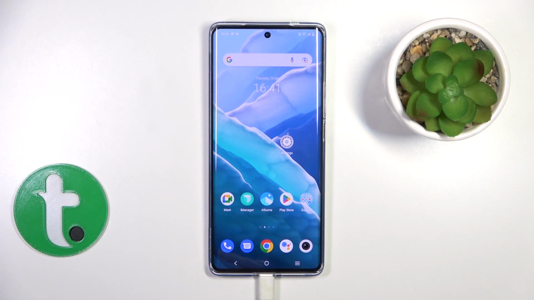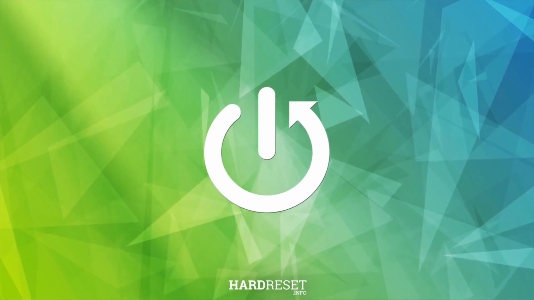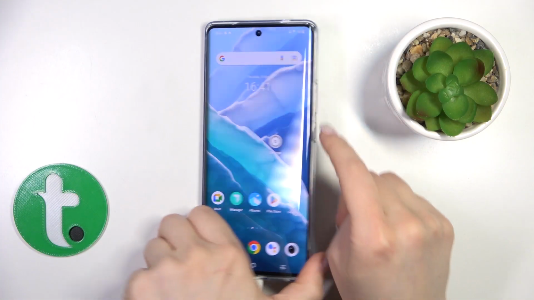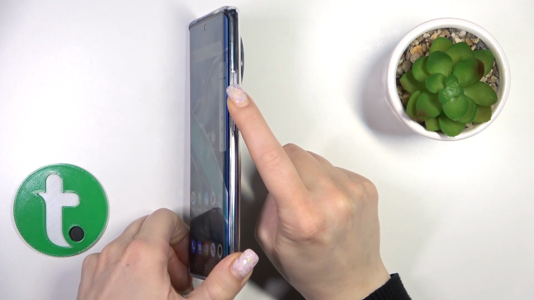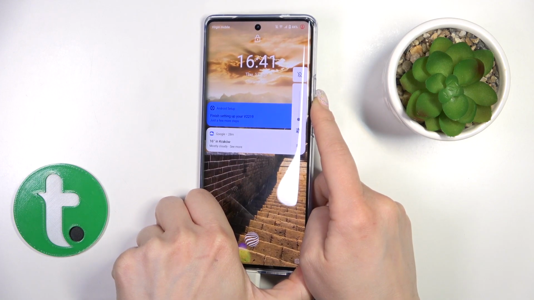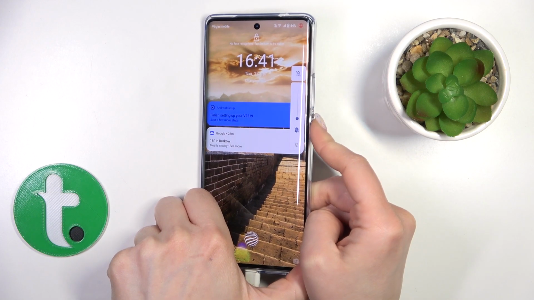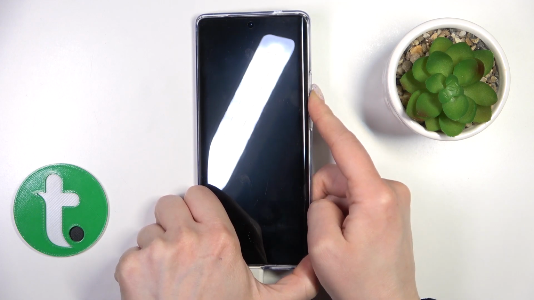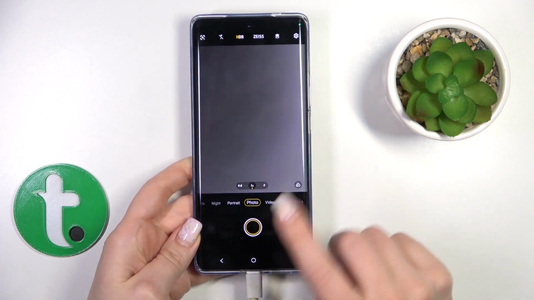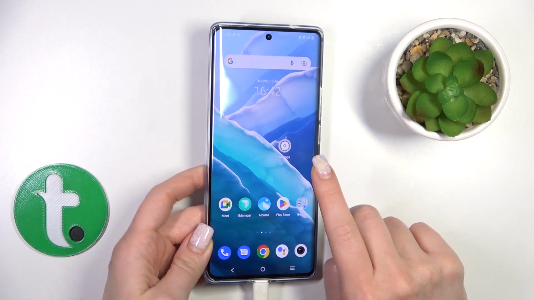Hi, today in front of me is the VIVO X90 Pro, and I'll show you how to customize quick launch on this device. So now, just by pressing and holding the power key and the volume down button when the screen is off, we can see that the camera application is activated, and if you want to change this option, for example, to